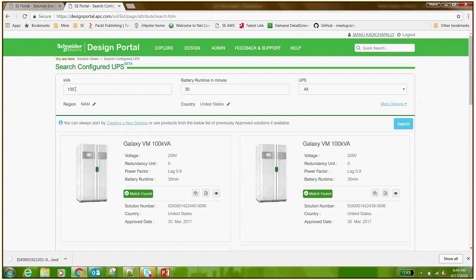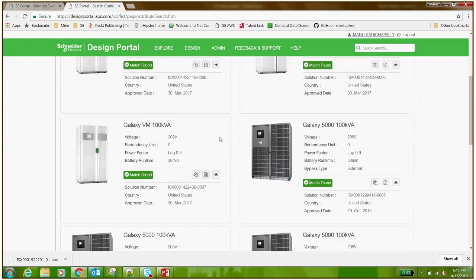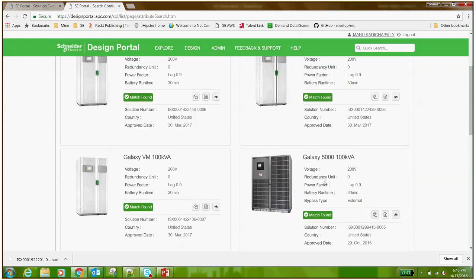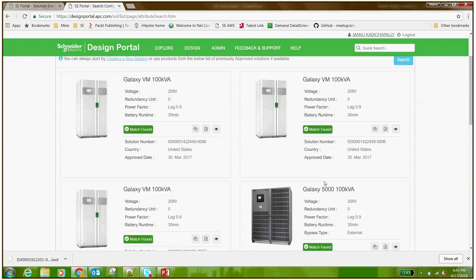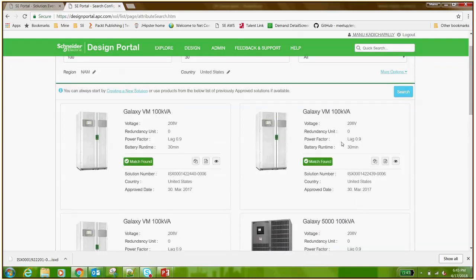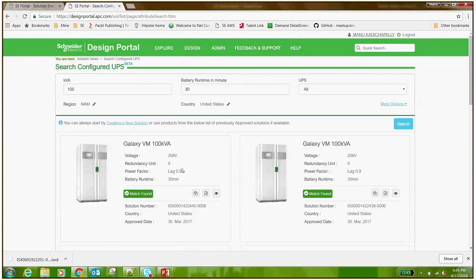Once you land on this page, your preferred region and country is selected by default, and it performs a search for 100 kVA with 30 minutes runtime. As you can see here, it has already found Galaxy VM solutions and a few Galaxy 5000 solutions that are matching the search criteria of 100 kVA and a 30-minute runtime. So what you could do, the next step, is to view the CTO report,